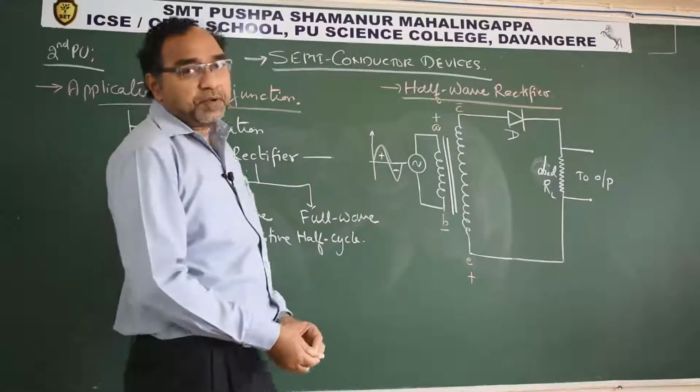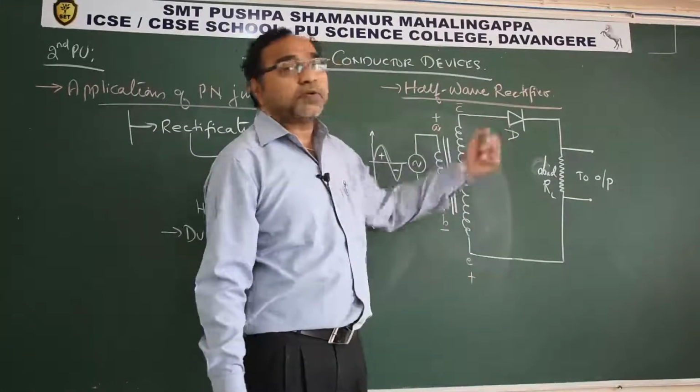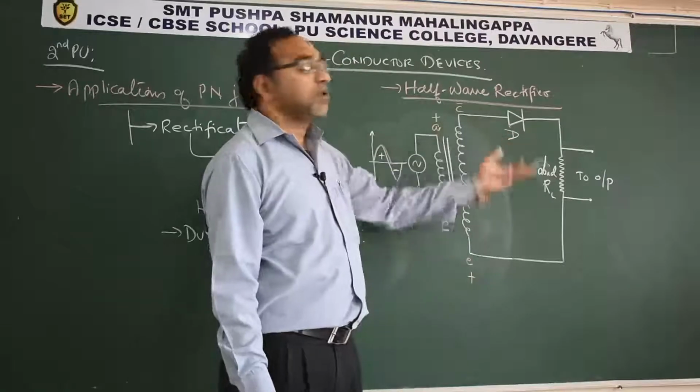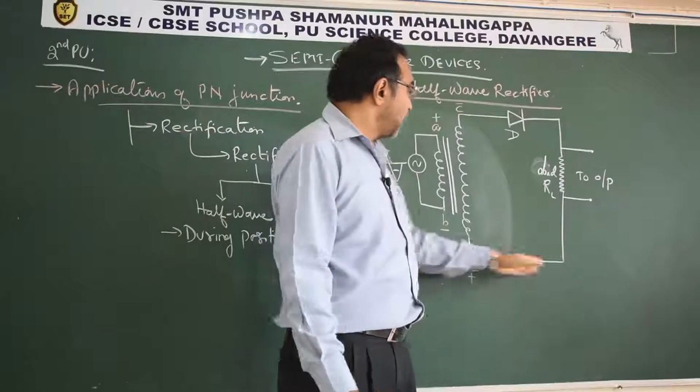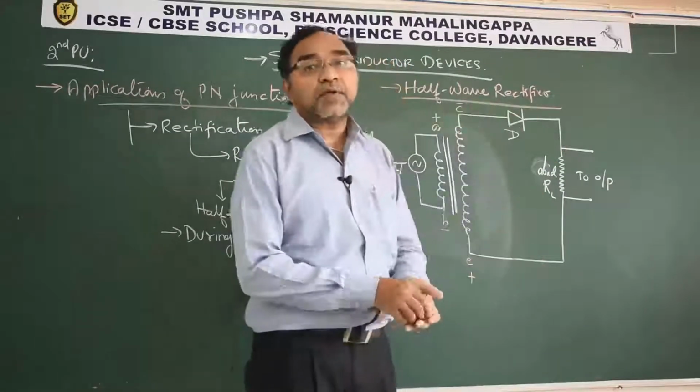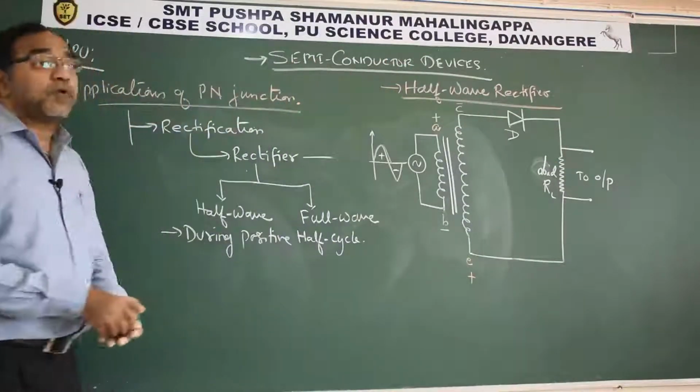Now in this case, please observe what will happen to the diode. The diode has gone to reverse bias. From the negative electron charge, current cannot flow. From the positive it will flow. So it is in reverse bias. So what can we say during the positive half cycle?